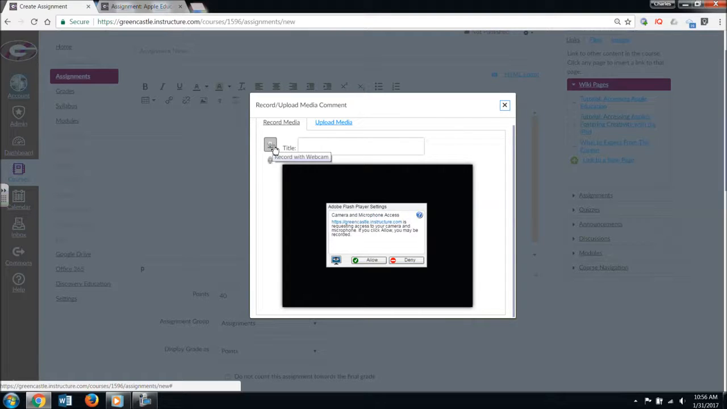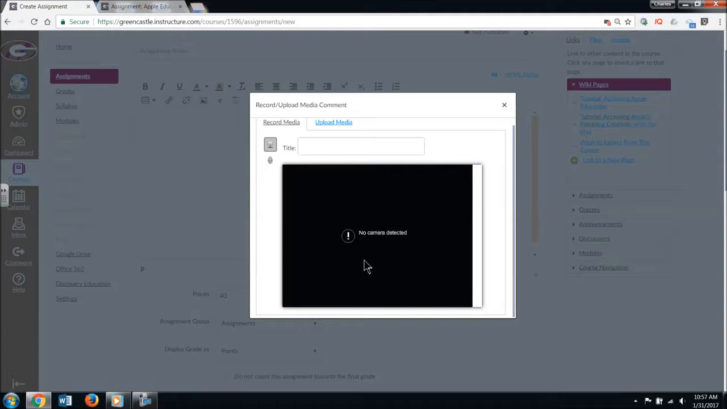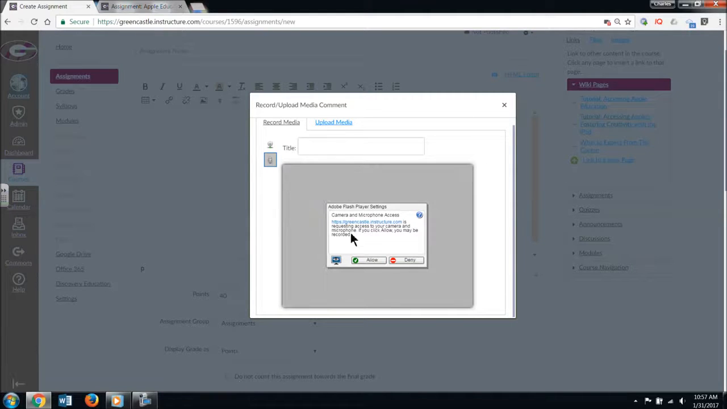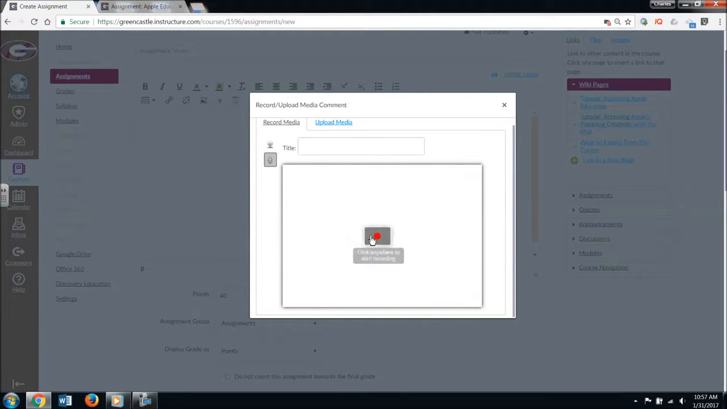This will not work on your laptop because you do not have a webcam. Unless, of course, you're working on a laptop at home or another computer that you may have, in which case, if there's a webcam, it will work. I would like to allow this. Regardless of where I am, it will say no camera detected, so it's not going to work here on my school computer. Of course, I can hit the record button, and I can allow, and I can press the button,